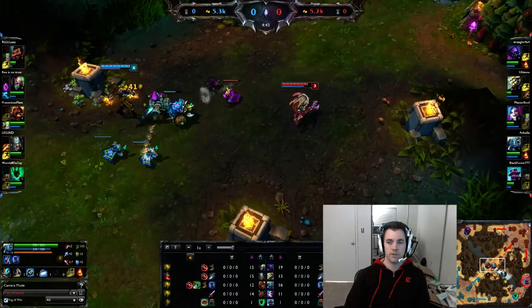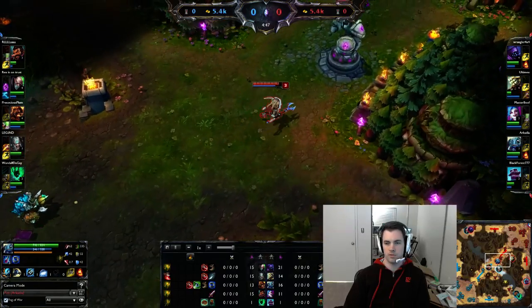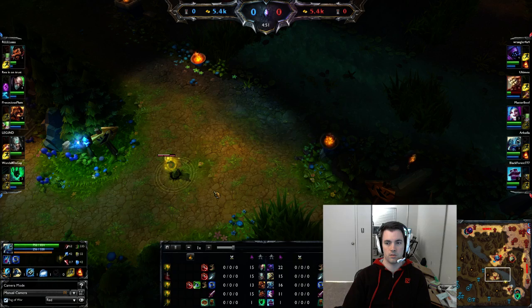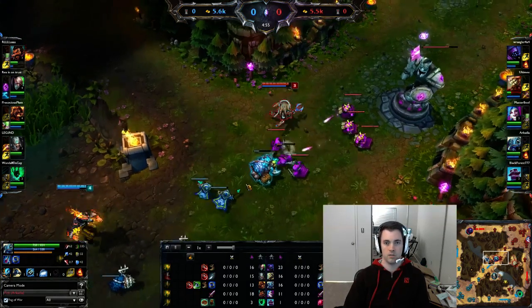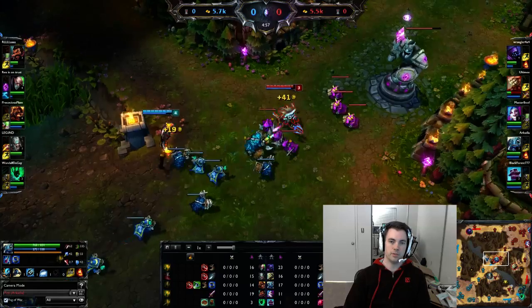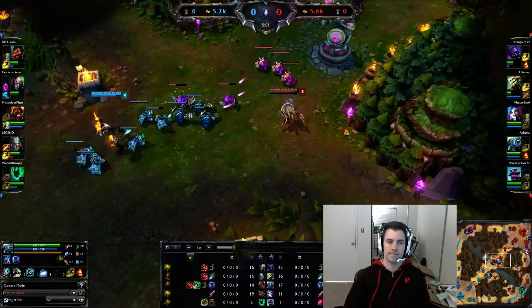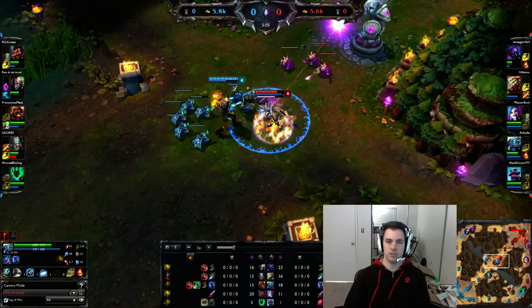You're just playing safe here, that's good. You don't think you saw Tryndamere? Maybe you did. I guess you did. Either way, you're under your tower, so I don't think it would have mattered. I mean, basically, all you gotta do is play safe until you're 6, and then...